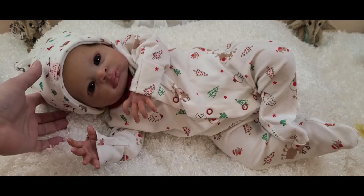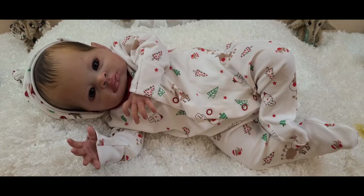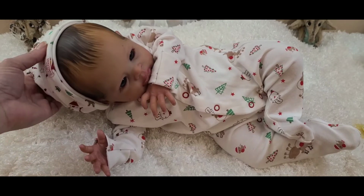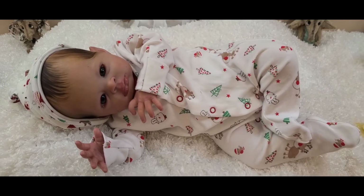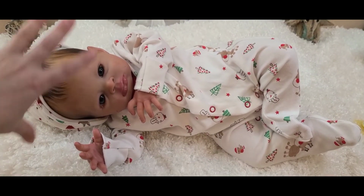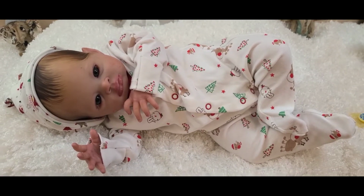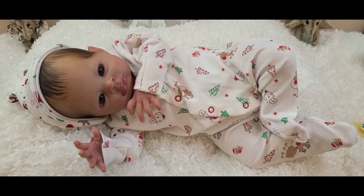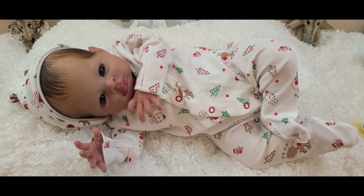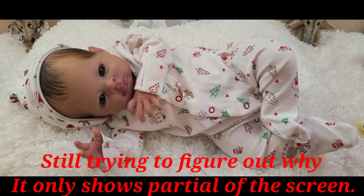This baby boy, if you can't tell, has the most beautiful painted hair. So realistic looking. And when I did his box opening, I felt so bad because my phone was doing something really stupid, and it looked like he had orange on his head. I'm trying to work on getting to know this new phone. I think I'm getting there. I think I can always get better, so I will work towards that. But let's get little